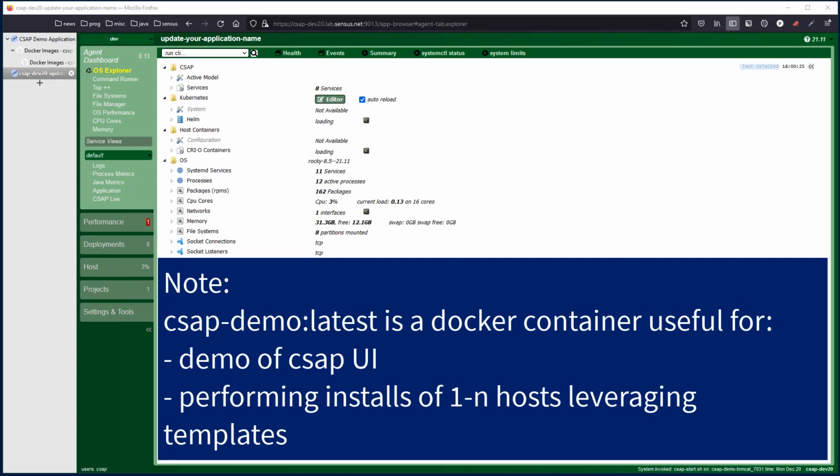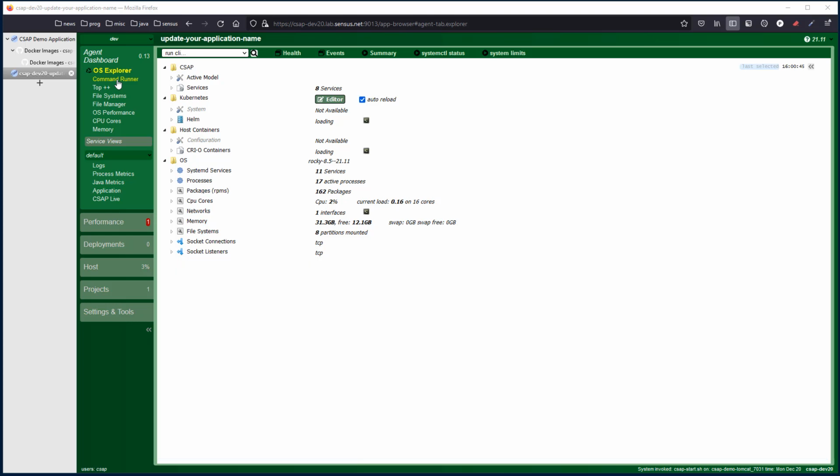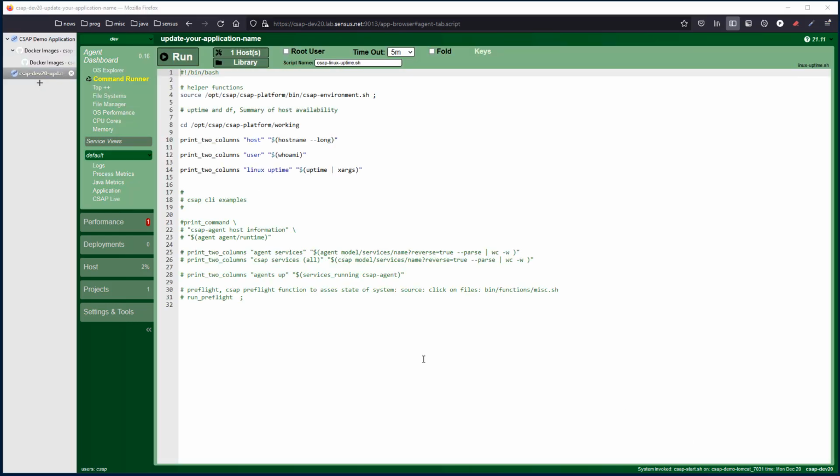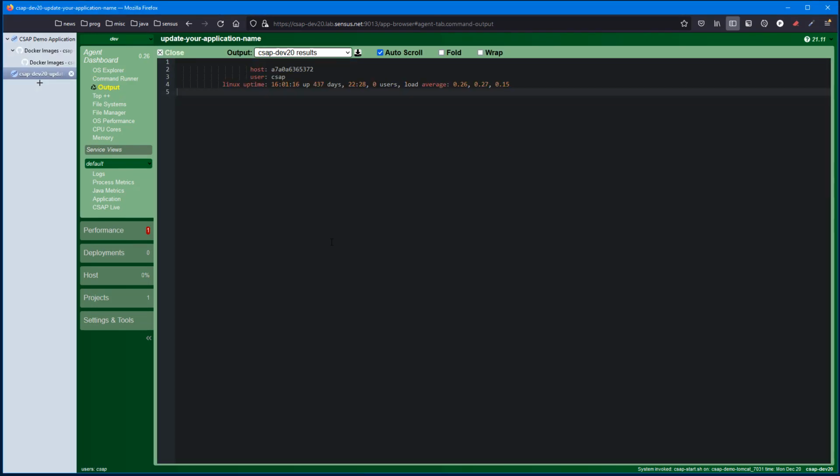To learn more about using the CSAP demo Docker image, refer to the screencast section. Today, we're just going to focus on the installs, so we'll switch to the command runner. As covered in other screencasts, the CSAP command runner enables the execution of shell commands on one or more hosts. In this example, the default template is loaded, and if we hit run, it'll simply output the host name and